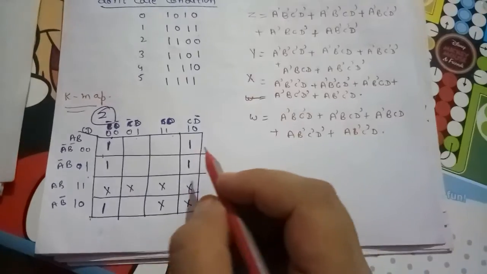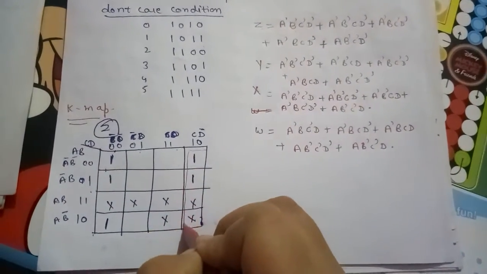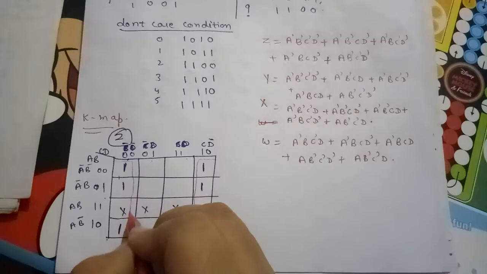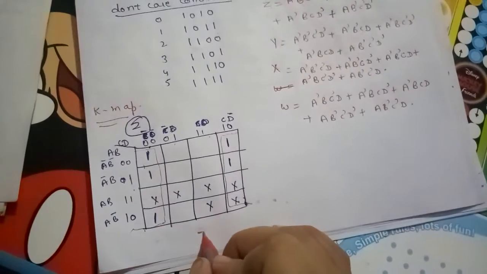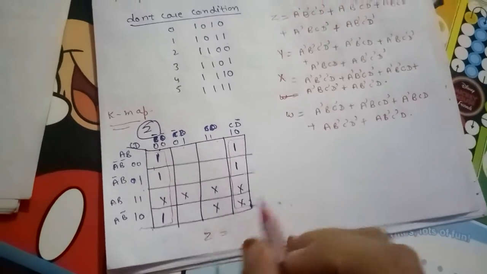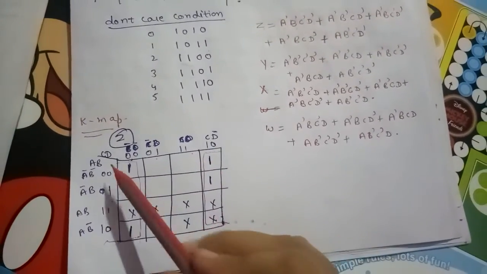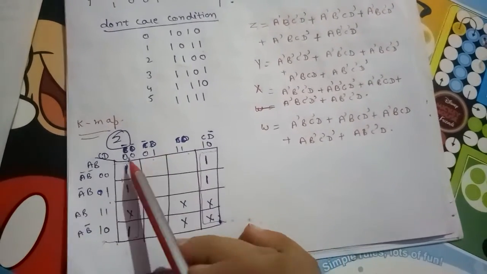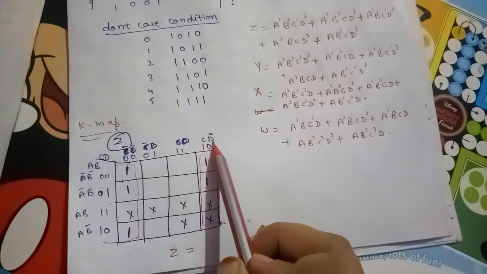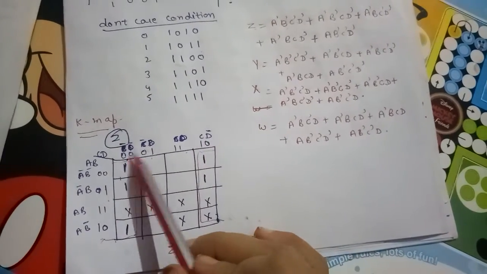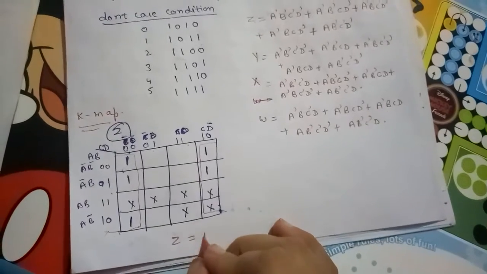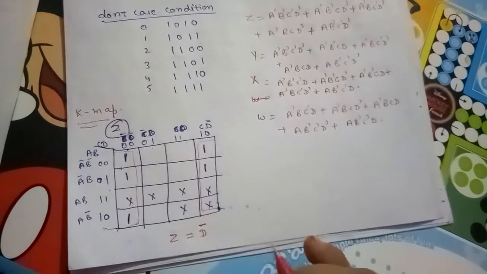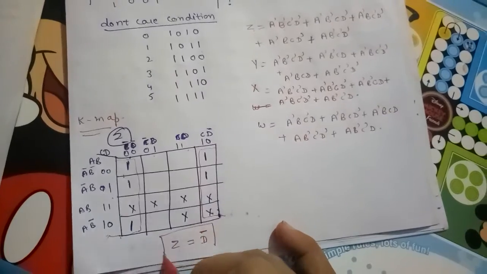For grouping we have a group of 8, 4 here and 4 here. So the group of 8 is here. Now code this particular function. The function is z equal to, and in the code of these 8 cells, these variables are changing so they will not be considered. Among C bar, D bar and CD bar, only D bar is not changing, so the function for z is equal to D bar, right? This is the function for the z variable.